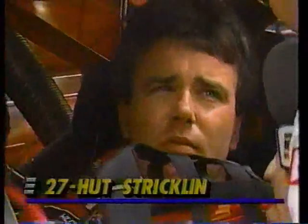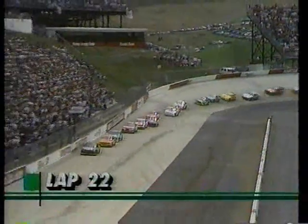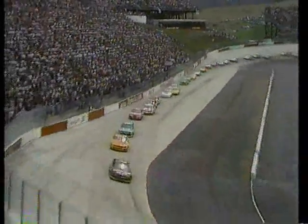Hut, are you okay? Yeah, I'm okay. I don't really know what happened, though. You know, it felt like something either broke or felt like it hit oil or something. It just went down in the corner and this thing just swapped in. You know, just one of them things, you know. That's Hut Stricklin. We're thankful he is okay. They're going to work on the car and try to get him back out, Bob. Meanwhile,